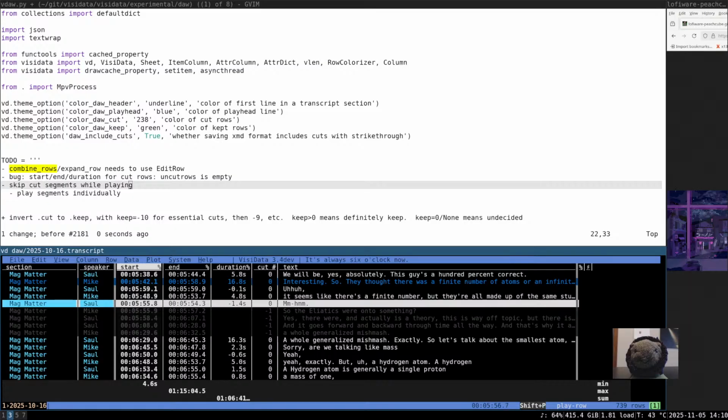So the Eliadics were onto something. Yes, there were, and So the Eliadics were onto something. Yes, there were, and actually is a theory. This is way off topic, but there is a theory that yeah. So